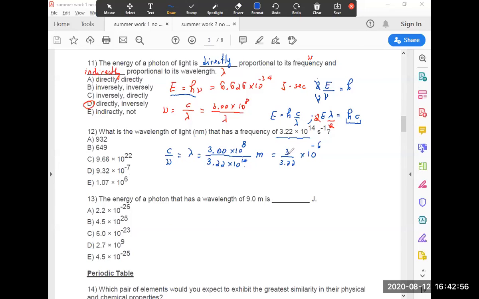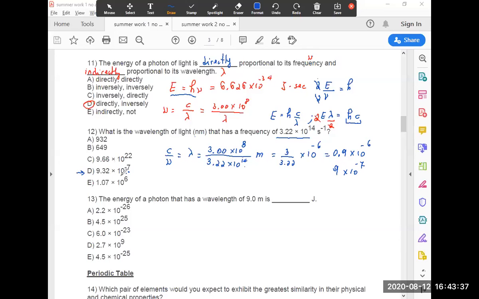So it could have been something like that, but this is positive. Also, what I notice is that I have something close, which is this number here. When I do the division, I actually get this number right here. But this is not the answer. First of all, why is this the same as that? Well, this is 3 divided by a bigger number, so this has to be smaller than 1. So 0.9, for example, times 10 to the negative 6, which I can write as 9 times 10 to the negative 7. So without doing calculations, we see that we are in this range here.